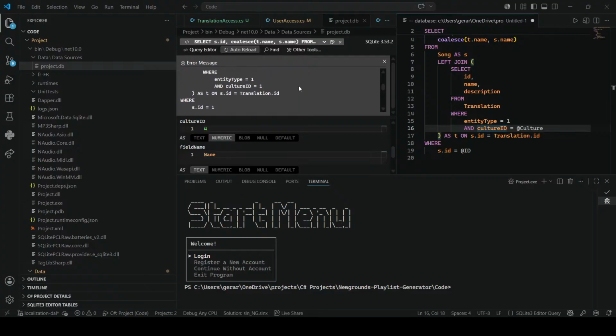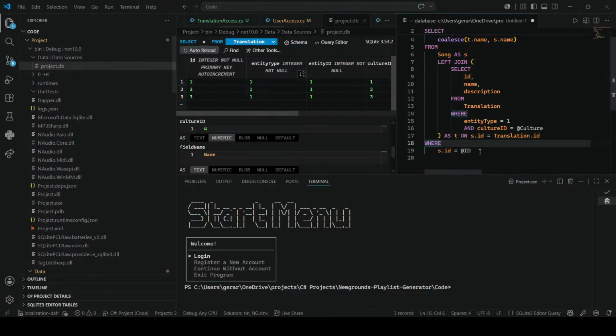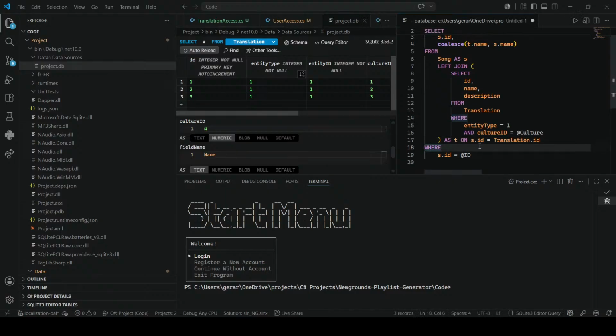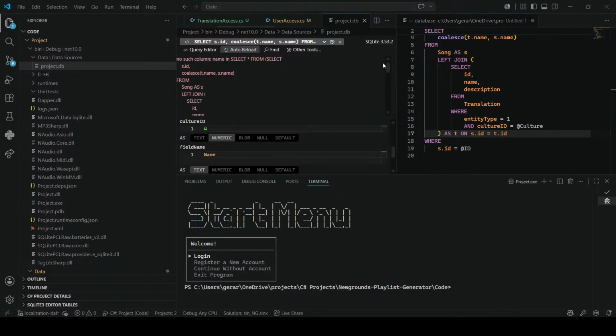Also 139. I'm assuming they mean this. But why? It's like this. Will result in the same problem. It tries to